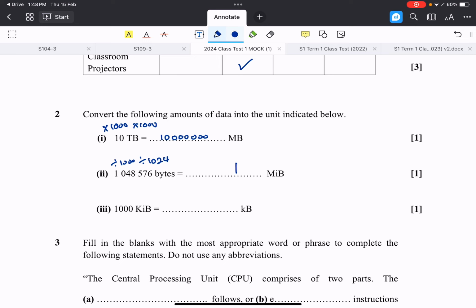And then after that, next one, we have a KiB to KB. How do we do that? We just need to multiply by 1024, and then we also need to divide it by 1,000, so that will give us 1024. Right, next,